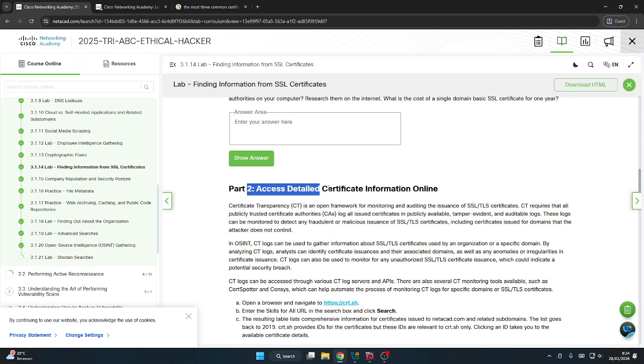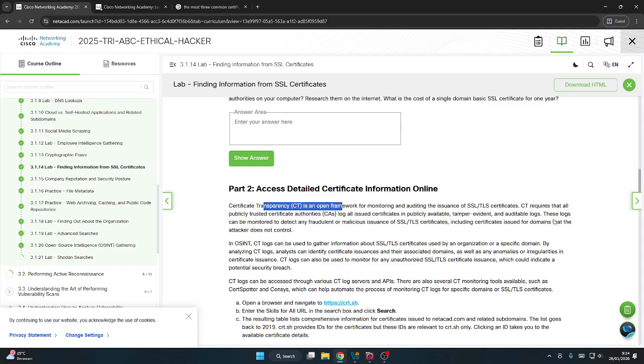Part 2, access detailed certificate information online. Certificate transparency or CT is an open framework for monitoring and auditing the issuance of SSL and TLS certificates.